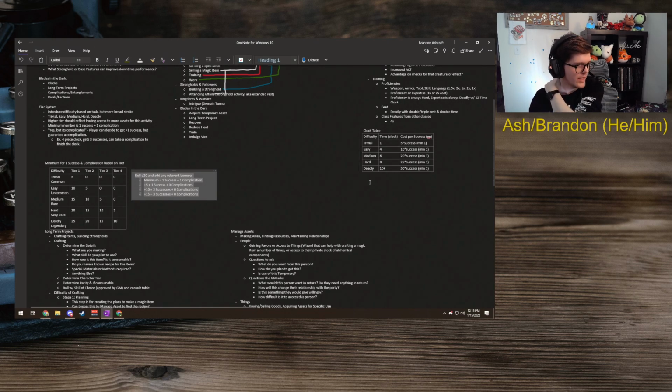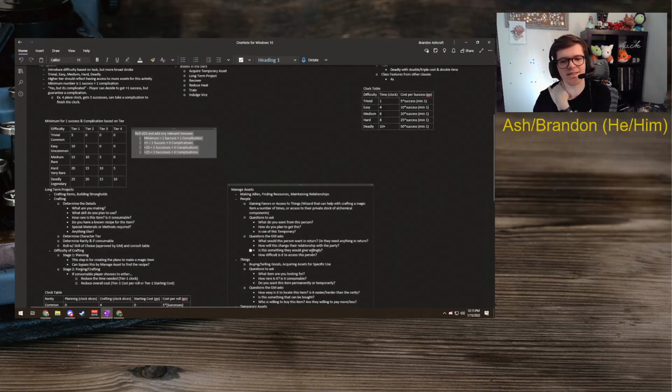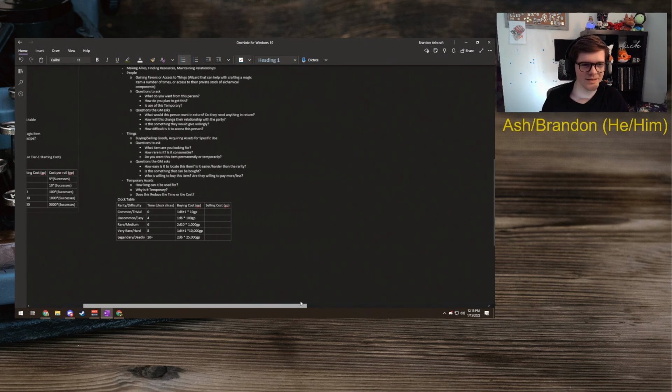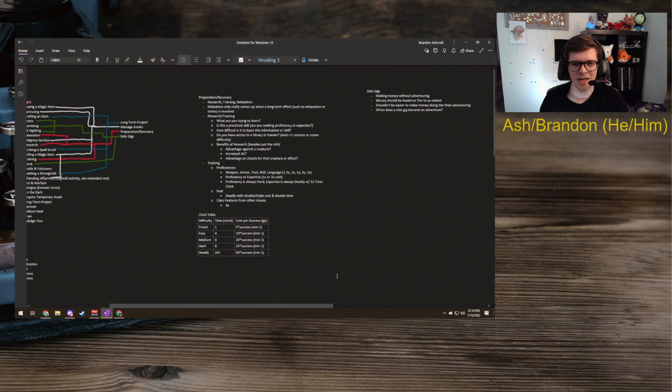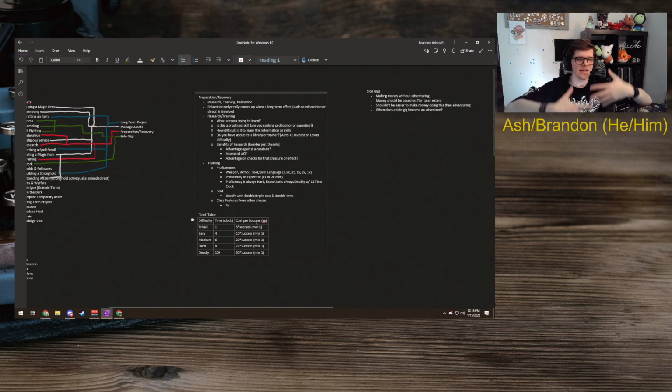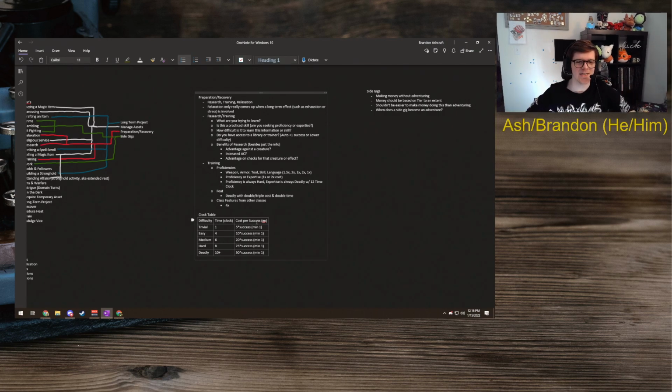The brain map is complete. Now to make it pretty. Yes, exactly, that is essentially what we're doing here. The brain map is done. There's a lot of math that has to be done, but that's okay. And then we'll start really looking at, okay, we have this document that seems good. Now we need to playtest it or run it by people who do downtime more than I do and see what they think and what they feel is missing.